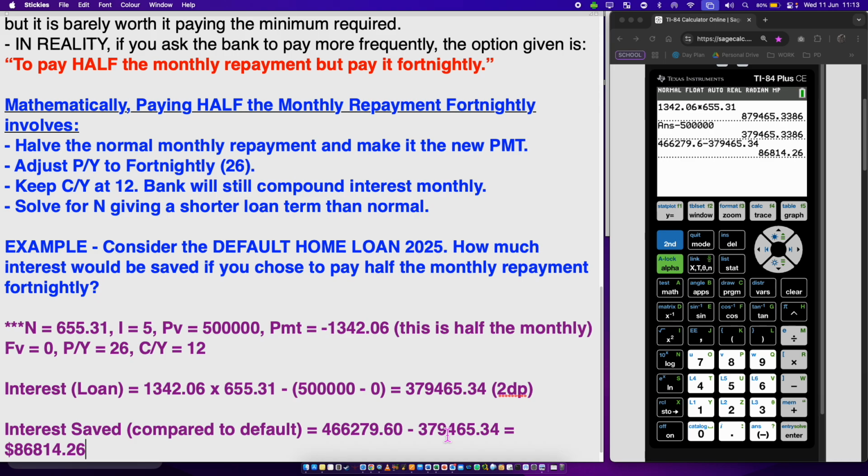So in real life, if you go to the bank, I want to pay more often than monthly, that's what they'll offer you. Not the first one. The first one was just showing, if I chose to pay more weekly, it's not going to save you anything, okay? So what I'd suggest that you do,